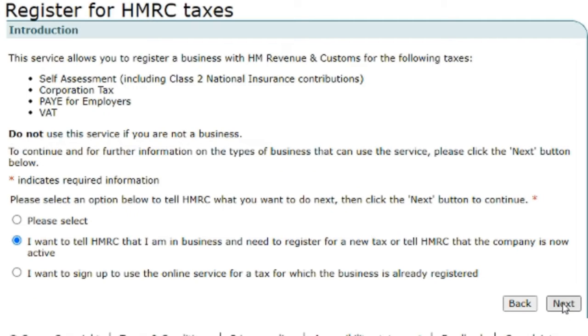Register for HMRC taxes. So introduction. This service allows you to register a business with Revenue and Customs for the following taxes: self-assessment, including Class 2 national insurance contributions, corporation tax, PAYE for employers, and VAT. Do not use this service if you are not a business. To continue and for further information on the types of businesses that can use the service, please click the next